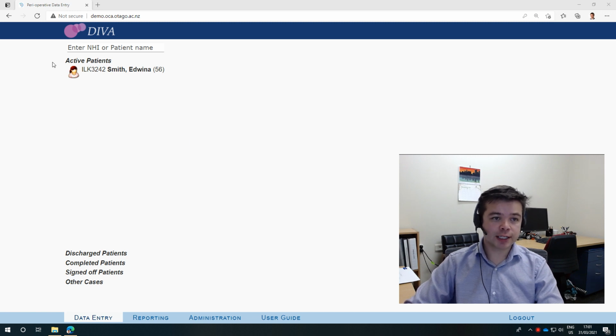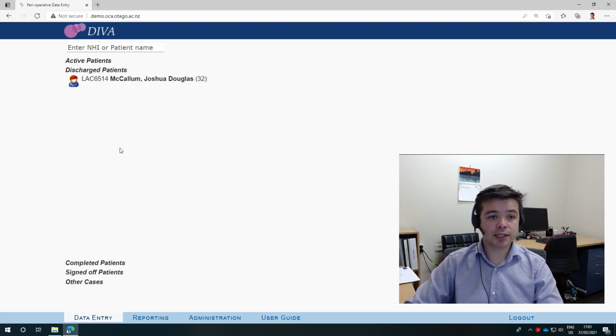The first heading is active patients. Those are the patients who are currently in the hospital, and it's good just to see who's there. Then in the discharged patients, these are patients who have gone home but the data is not yet complete, and it's worth keeping an eye on this to see if the list is growing, and if it is worth prompting